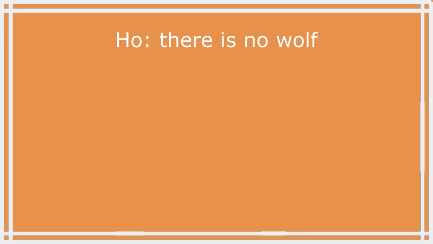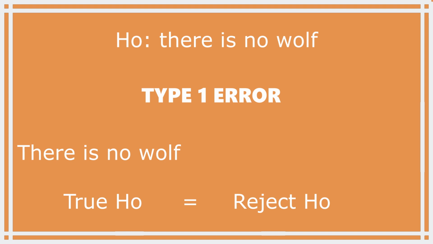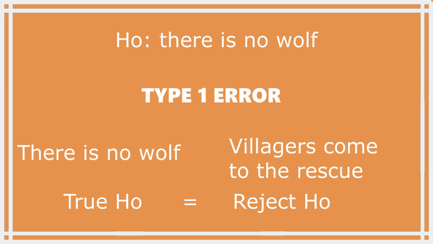We're going to use this story. Actually, I think you must be knowing the story, but we're going to use it to understand type 1 and type 2 error. So, there is no wolf will be null hypothesis, obviously. So in the first 3 times, what the villagers do when they actually come for the boy's help is type 1 error, because there is no wolf, it is true, but you are rejecting the null hypothesis, like there is no wolf, and the villagers actually come thinking there is a wolf. Whereas the last time, when there is actually a wolf and the boy is crying for help, when villagers do not come, that is the